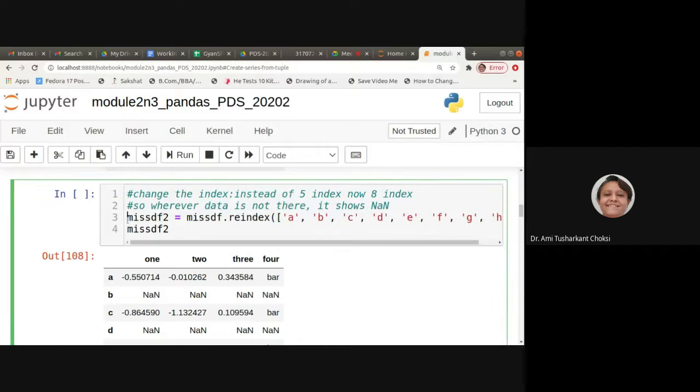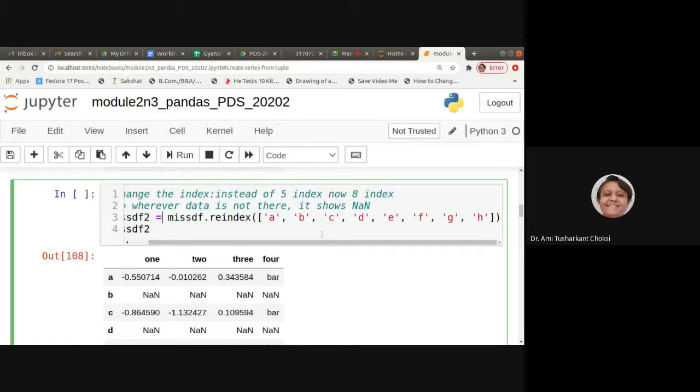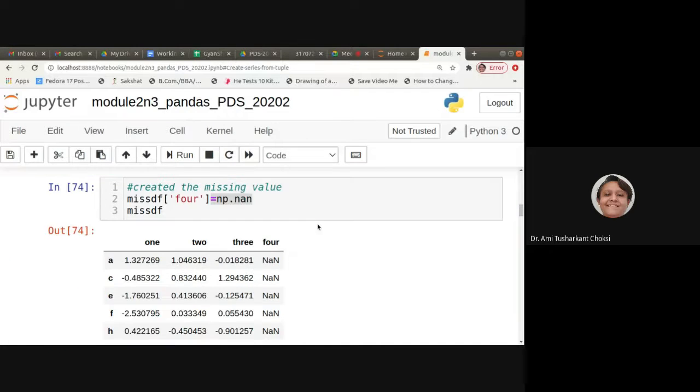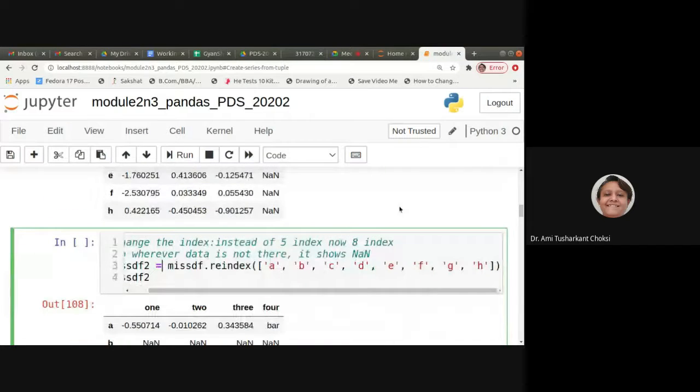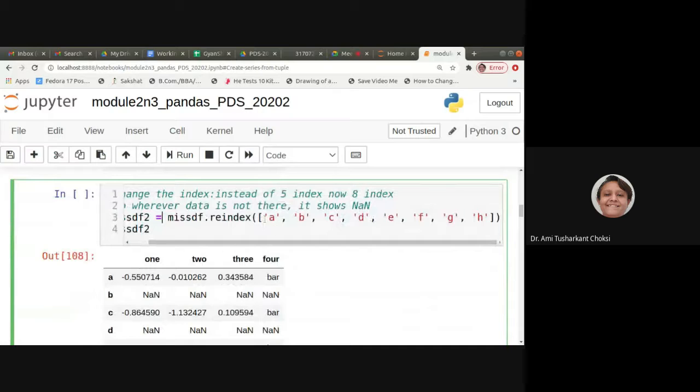So for that we can say missdf2 is equal to missdf.reindex. What we had as the index was something like A, F, C, H, E. But now I am giving it as A, B, C, D, E, F, G, H. So instead of 5 index values, I am giving 8.